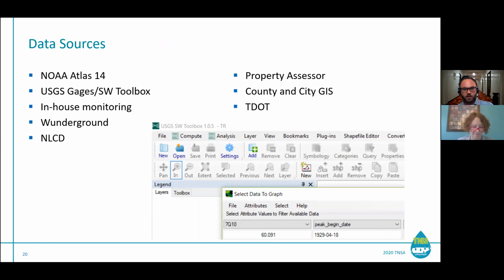Like I have a screenshot of the 7Q10. That's the lowest 7-day sustained flow in any given 10-year period in a basin. And you click that and it has it right there. It's really something. Of course, your in-house monitoring, the property assessor, you can use parcel data to understand